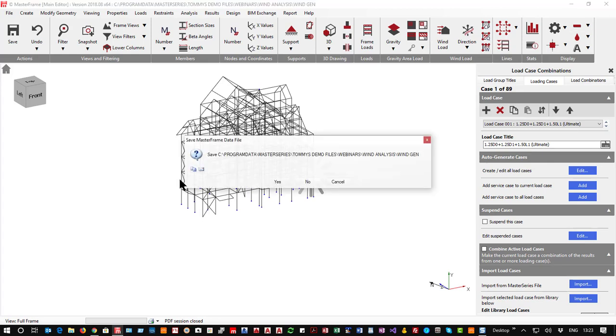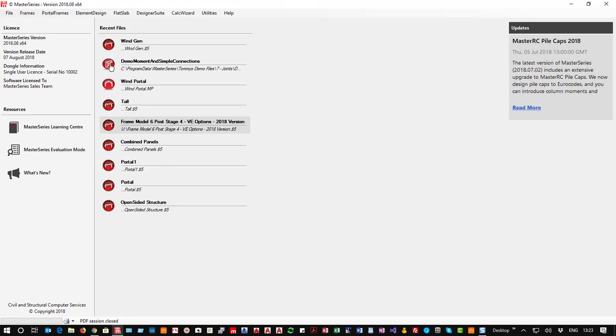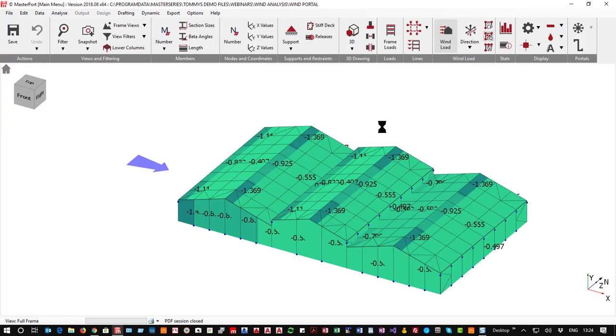I'd like to just take a little bit of time here to think about permeability, to think about dominant openings. As you saw, we could modify our 0.2s and 0.3s in each direction to take account of a dominant opening. But if I was to look at a portal frame, if we move from the master frame into the master portal, it is a very finite building type. So if we go into edit